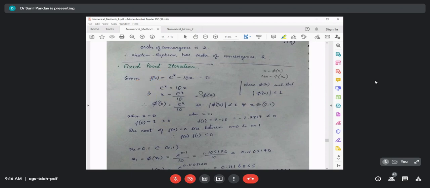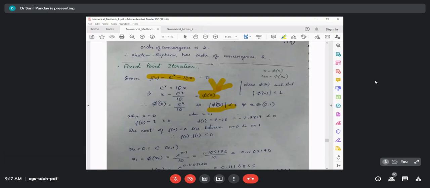So here our target is to find an iteration function phi(x) and find its fixed point. If we are able to find a fixed point of this function phi(x), then the fixed point is called the root of the given equation e^x equals minus 10x. Another problem is that there are many ways to generate this phi(x). So which one is guaranteed so that this fixed point iteration will converge? For that we have this condition.